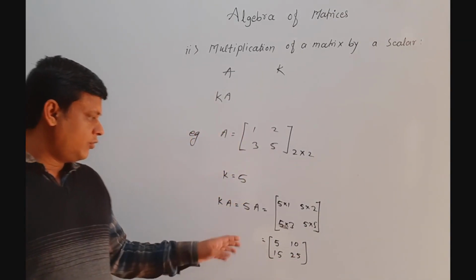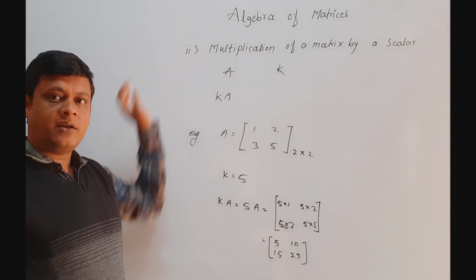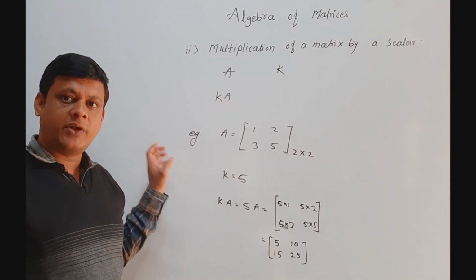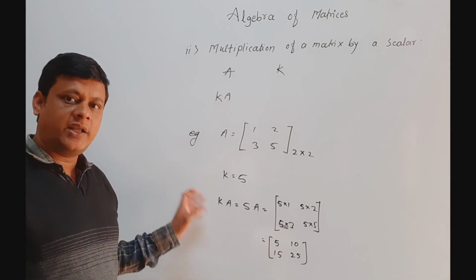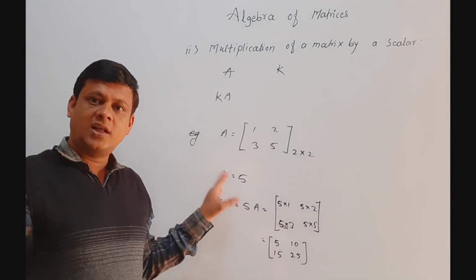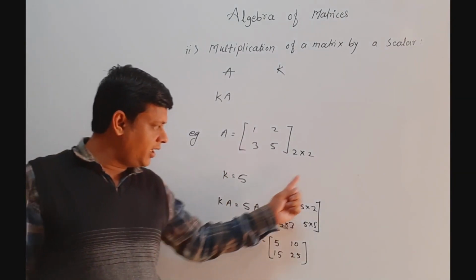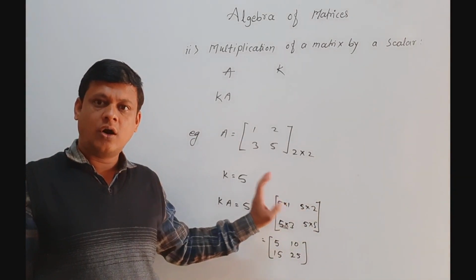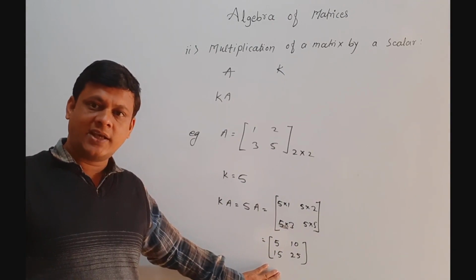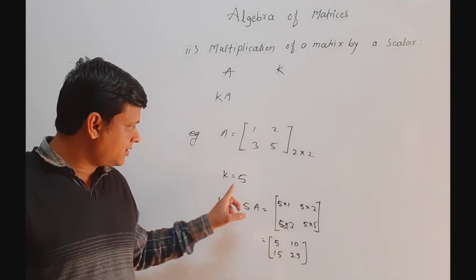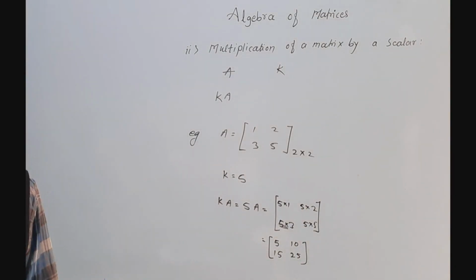So don't confuse the property of determinants with the property of matrices. When we multiply by a scalar for a determinant, that scalar multiple applies to only a row or a column, but here it applies to all the elements, that means all rows or all columns. So when we multiply a scalar to a matrix, it is multiplied to each element of that matrix.